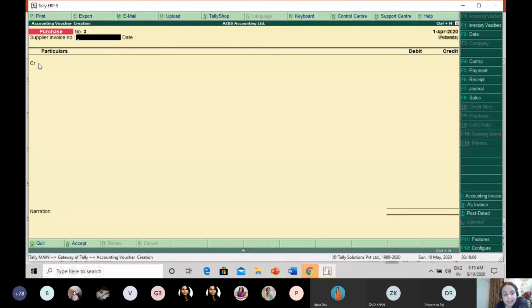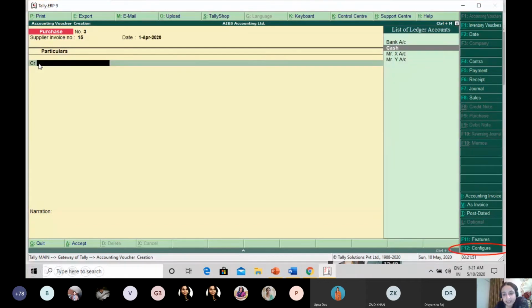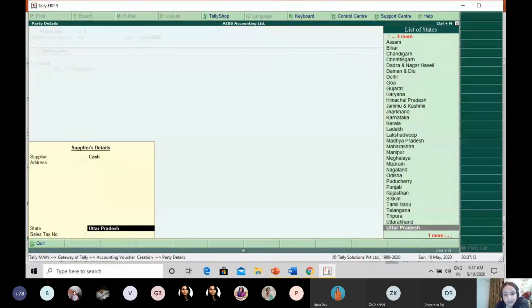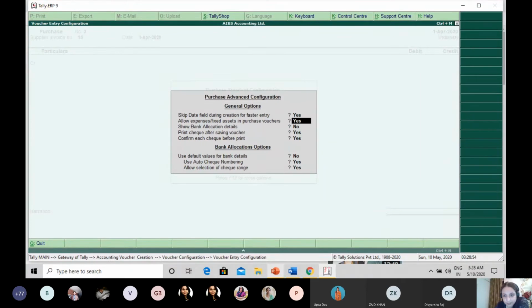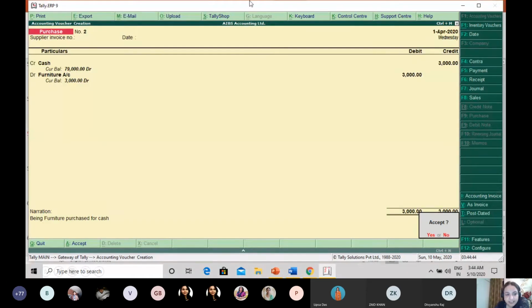You can come to the credit. On the credit, you can enter the cash account, so you can select cash from the right. Then you can put the entire information about the supplier. And then in the furniture account, you can see that you have added 3,000.